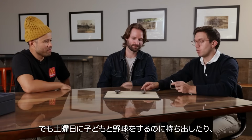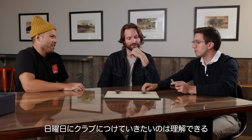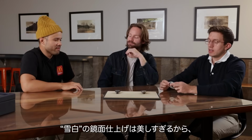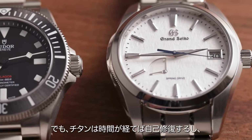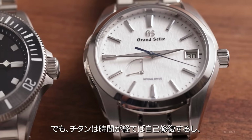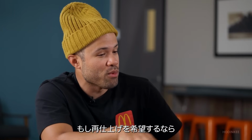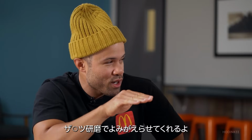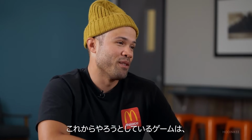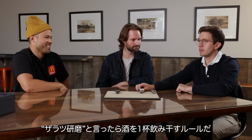I can fathom why you wouldn't wanna take this out to the kids' baseball game on Saturday or out to the club on Saturday evening. Those polished edges look awfully pretty. It would be a shame if somebody were to scratch them. Real shame. Well, it is titanium, and it does fix itself over time. And if you do want to bring your watch back in for some sort of refinishing, it is going back to Japan, and the skilled artisans there will bring your Zaratsu polish right back to you. This is kind of a game we were gonna play, drink every time Zaratsu polishing is mentioned, and I think we're up to...